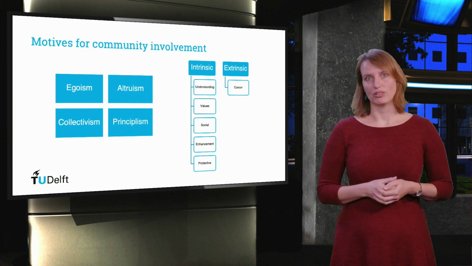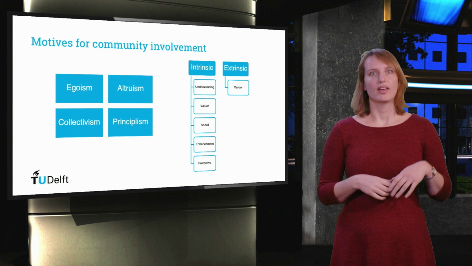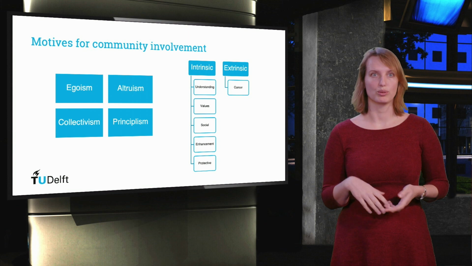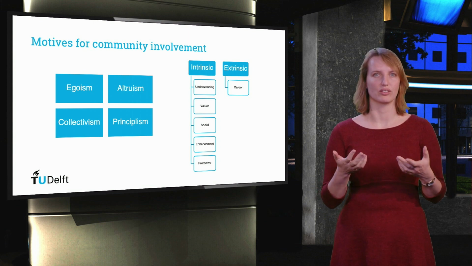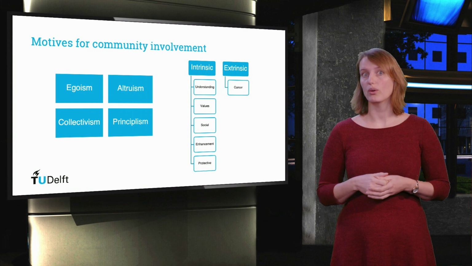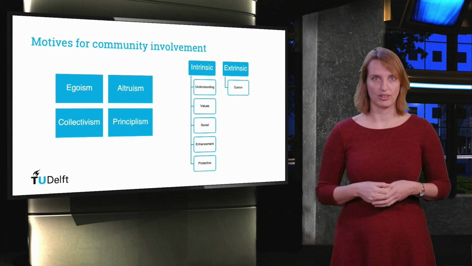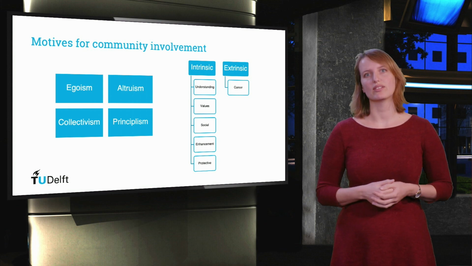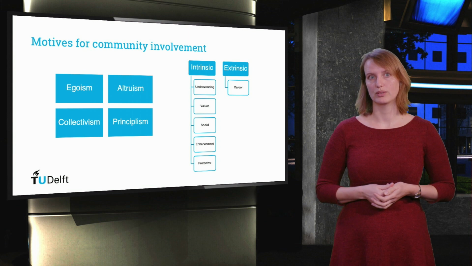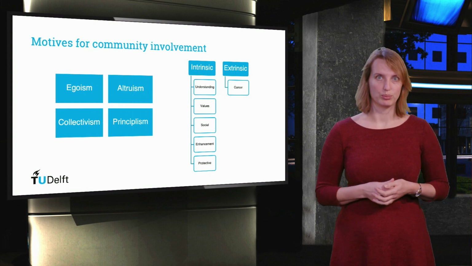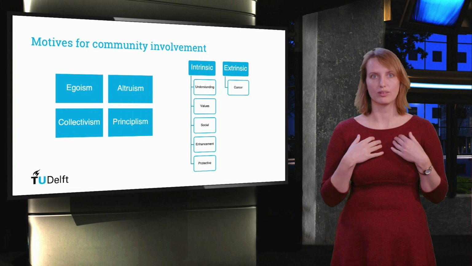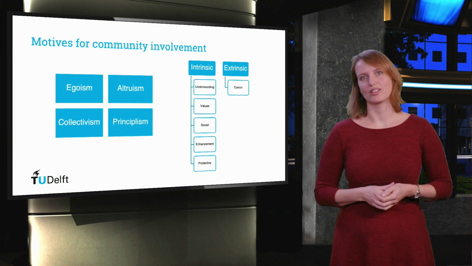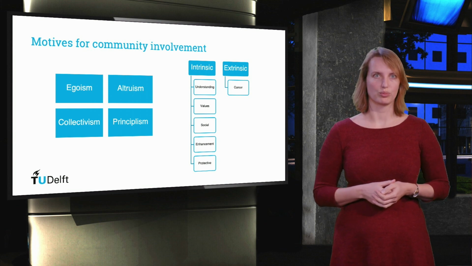The intrinsic motivations can then be divided in an understanding motivation, where people want to learn new things, a values motivation, where people have an altruistic concern for others, science, the environment, or a local site. Social motivation, where people are motivated by the desire to meet new people and because volunteering is a socially desirable thing to do. The enhancement motivation, where people wish to improve themselves personally through volunteering, or a protective motivation, where people volunteer to reduce negative feelings or to address personal problems.